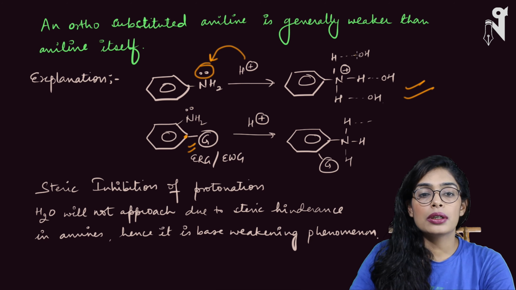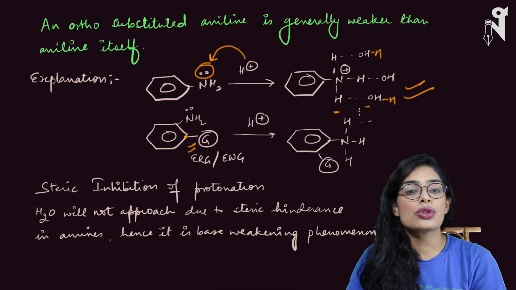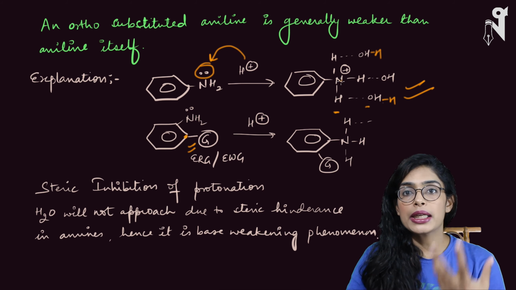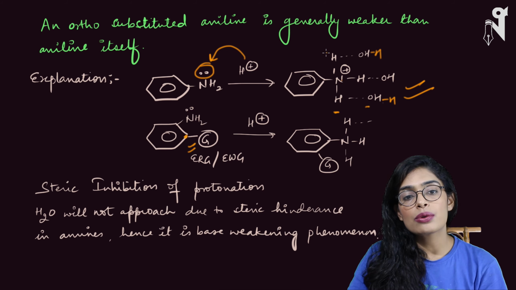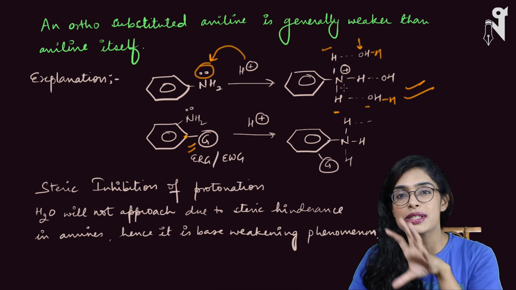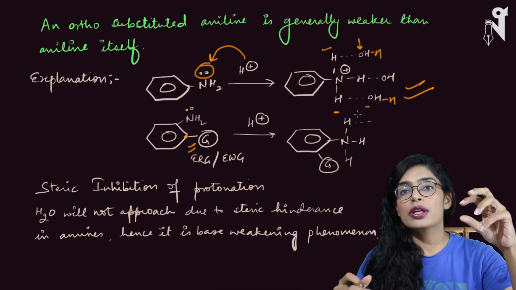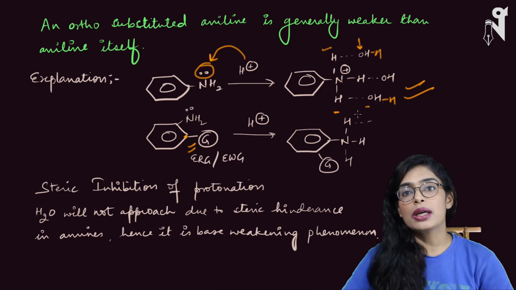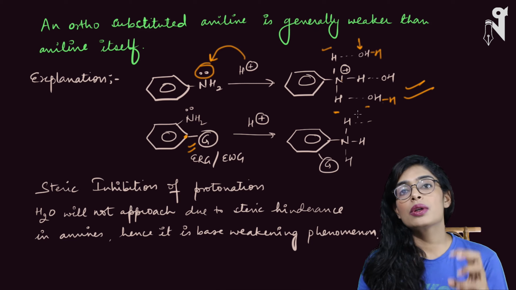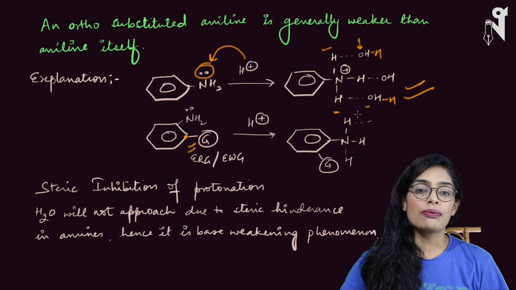Okay, I have not written H over here, so let's write it. So this hydrogen and this O will form hydrogen bonding. A new H of the water will form a bond with nitrogen by taking its pair of electrons, and here again the hydrogen is forming a hydrogen bond with the water's oxygen. So this kind of setup will form, with a lot of hydrogen bonding. Nitrogen with a pair of electrons and H from water will come and make a bond. The rest of the hydrogens will form hydrogen bonding. Nitrogen will go and attract the H plus and the bond will form. So this kind of setup will be formed.